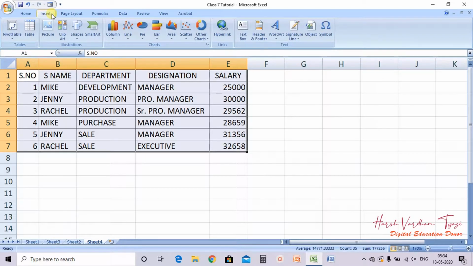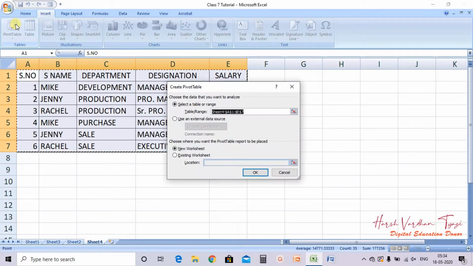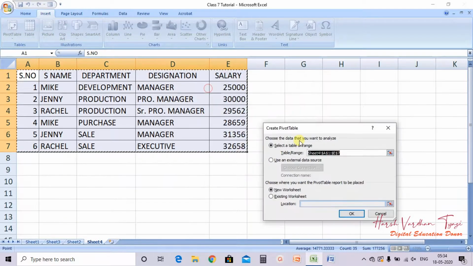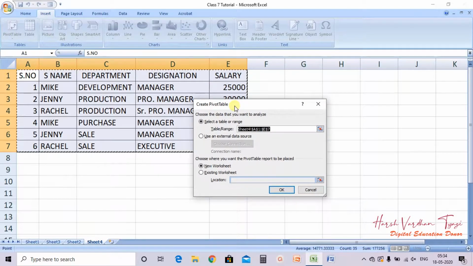On the insert tab you will find an option called pivot table. Click on this pivot table button. It will give you another dialog box. Now already we have chosen the range starting from A1 to E7.